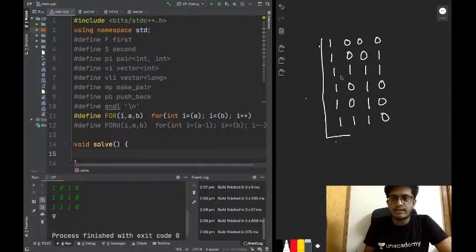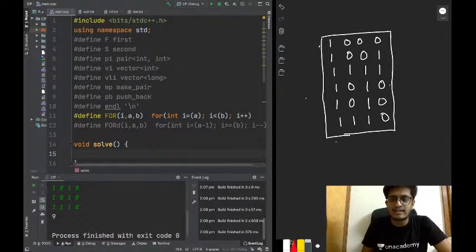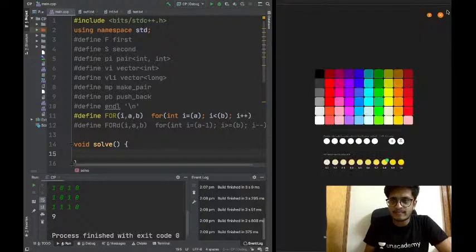What do we want? For every cell we want four values: T, L, R and B. So what are the T, L, R and B values of this cell? Its T value, T of 1 comma 1. I am using one indexing for now. These are my indices 1 2 3 4, 1 2 3 4 5 6. So what is the value of T 1 comma 1?